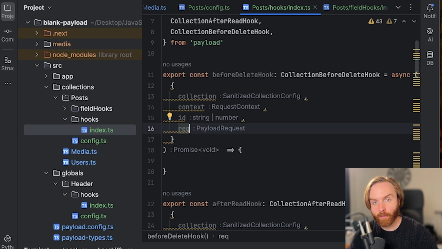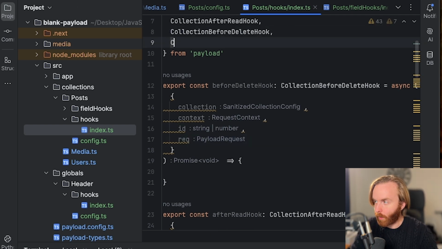AfterDelete runs after the delete operation removes the document from your database. Since this is a delete function, all returned values will be discarded. You can use this hook to run any kind of business logic after a document has been deleted. You'll need to import our collection